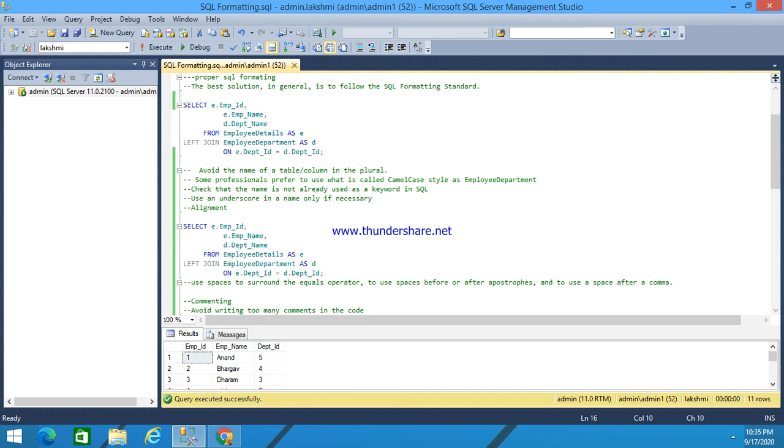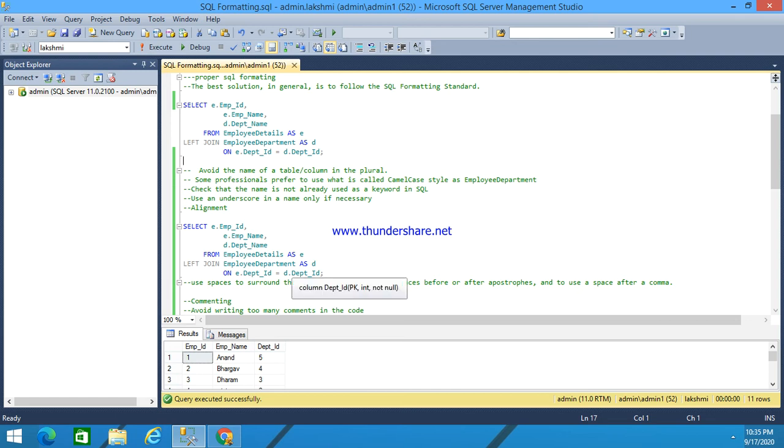And the other thing is, we have to use new lines liberally. For example, the from statement is given on one line, and the left join is given on another. For each and every query, we have to write in a new line.